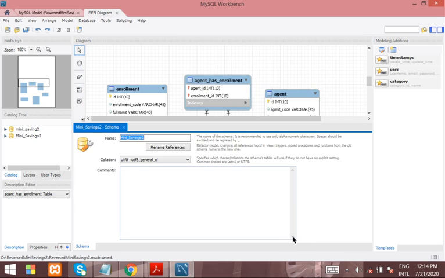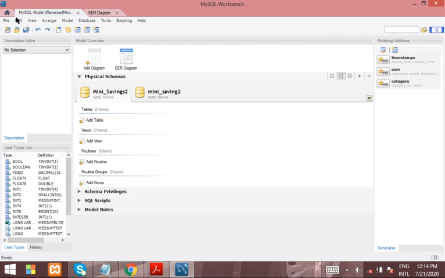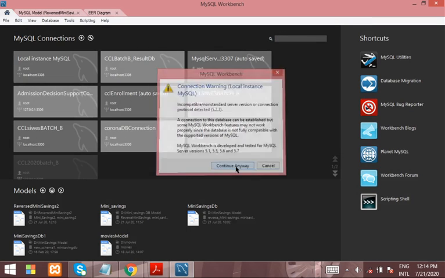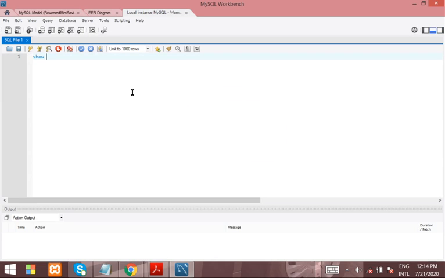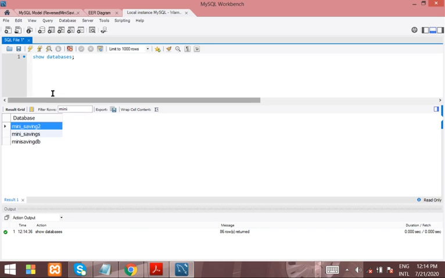Okay, next. So let's search and see whether it has done it. Now we go to connection and connect and search for Mini Savings 2. Show databases. So do we have Mini Savings 2? Of course there is. So let's use it.